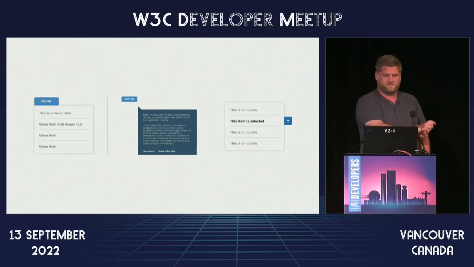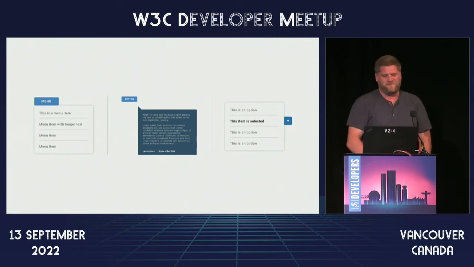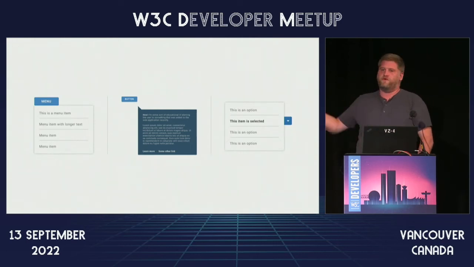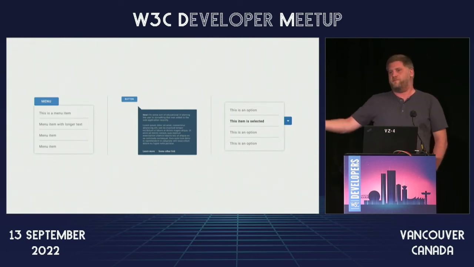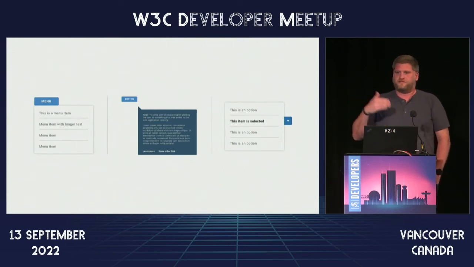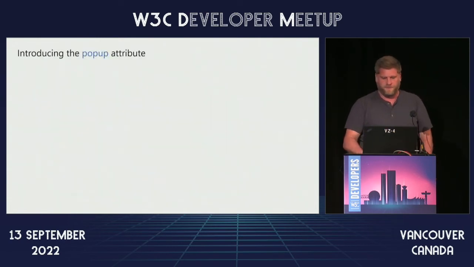Some of them have specific anchor, and I've avoided including anchor positioning in this talk. But there's different anchoring, and then there's also tooltips, where technically you don't want to move focus to them, for example, but you do want them to pop up, maybe dismissed after a certain amount of time. Then there's others such as the select, where when you click it, you actually want focus to move into it and so on and so forth. So this is where the pop-up attribute comes in.